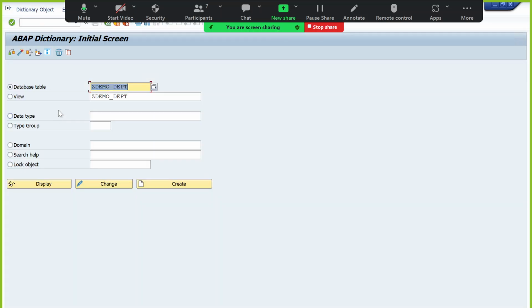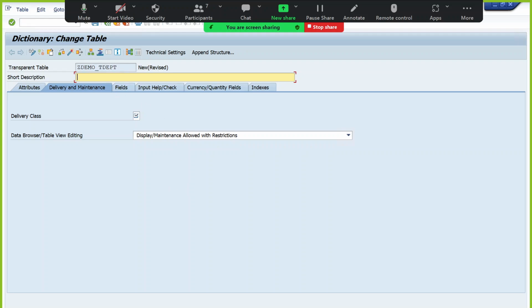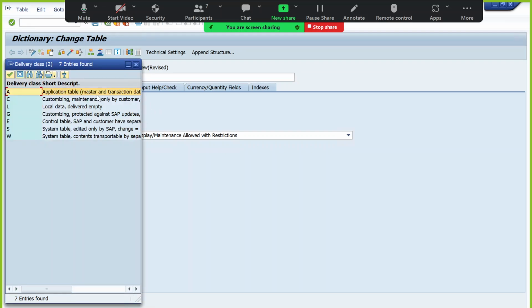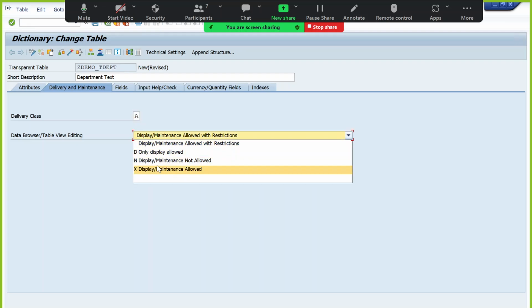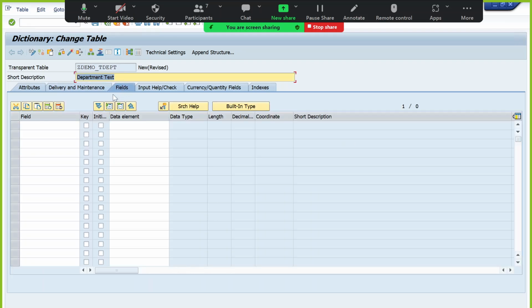I'm creating a new text table. I'll name it like this, department T DEPT, just to indicate it as a text table. Create the text table and observe the differences. Application table A, delivery and maintenance allowed, fields,